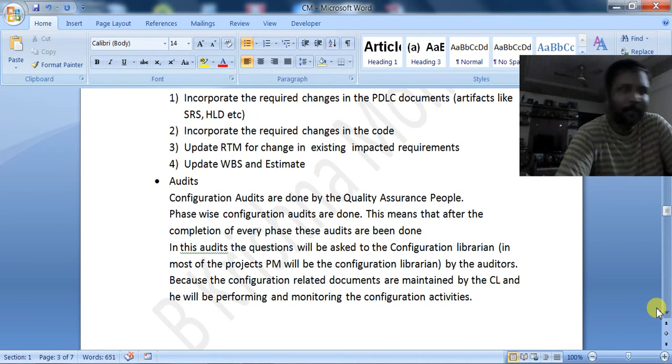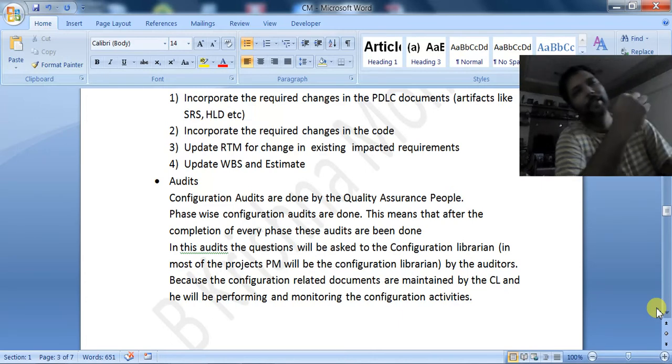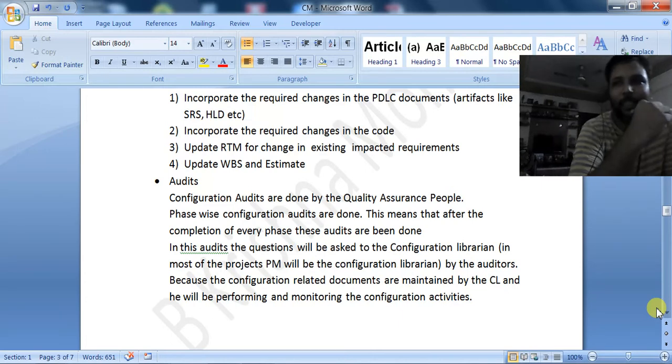And in those audits, what will they be checking? They will be checking whether the configuration item register is being maintained or not, whether the configuration status report is being maintained or not, whether configuration items are being identified or not. If any change request came from the customer, did the CCB follow the change procedure correctly?